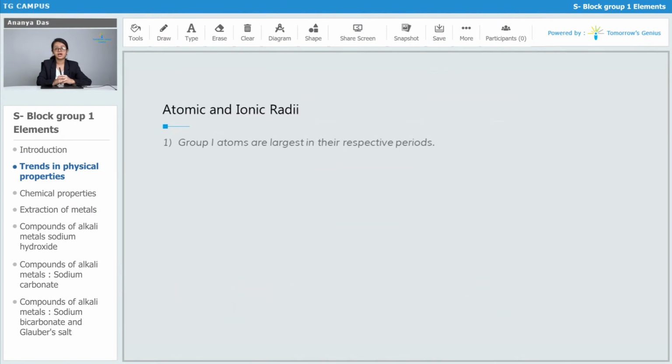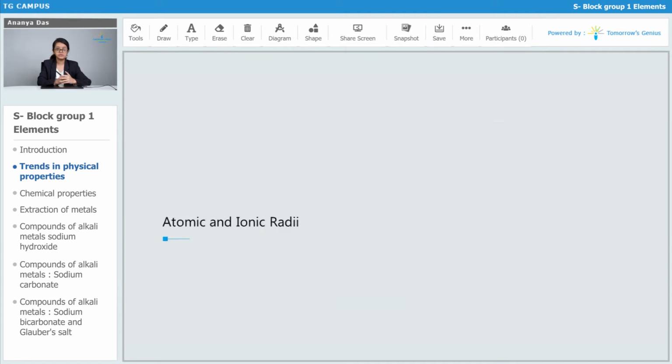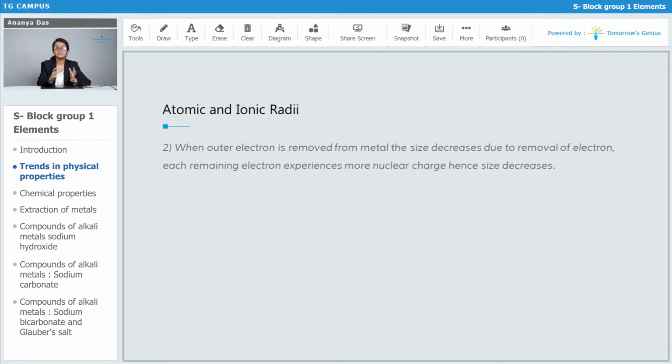Group 1 elements are the largest in their respective periods. We already know that on going from left to right in a periodic table, the size of the atom decreases. Why does this happen? Because on going from left to right in a periodic table, the effective nuclear charge increases, and because the effective nuclear charge increases, the attraction of the nucleus for the outermost electron increases, and because of that